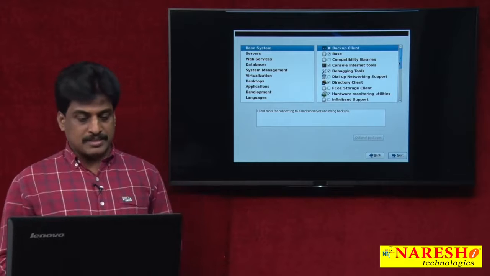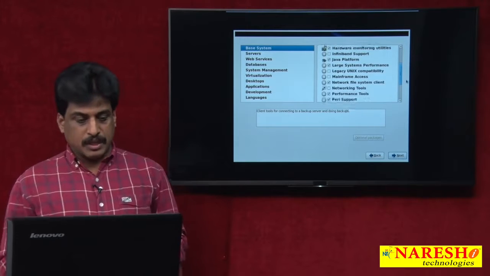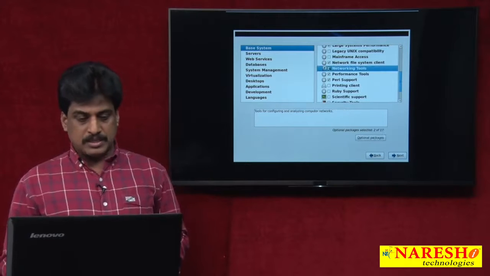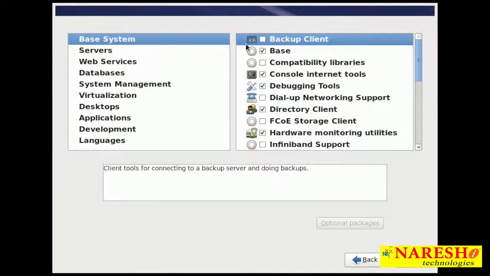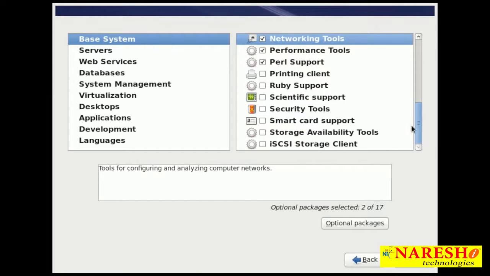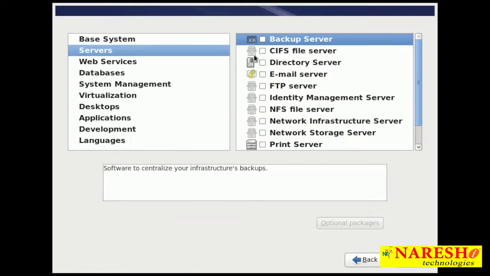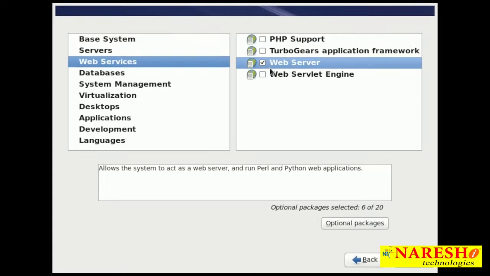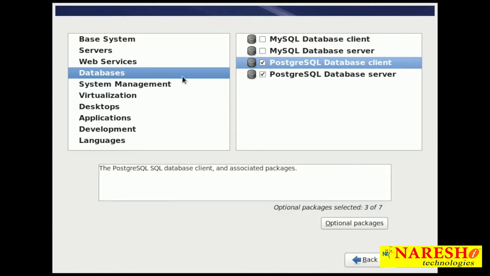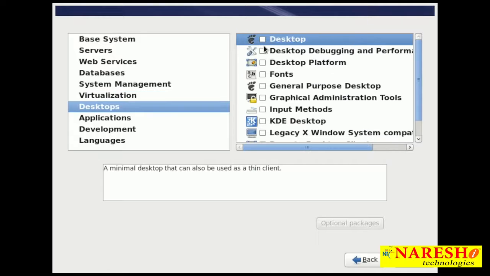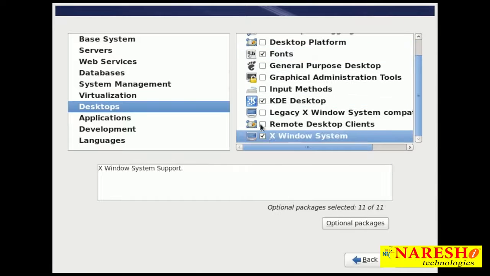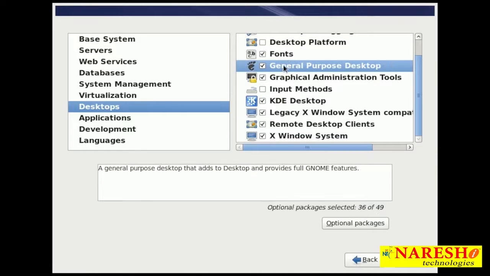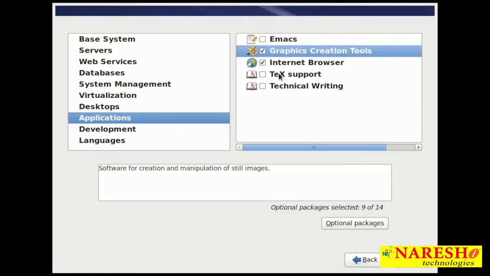Observe one by one how it goes. All options: base system, servers, web services, databases, system management, all selected one by one. Observe clearly each and every step of how I am selecting the installation options.